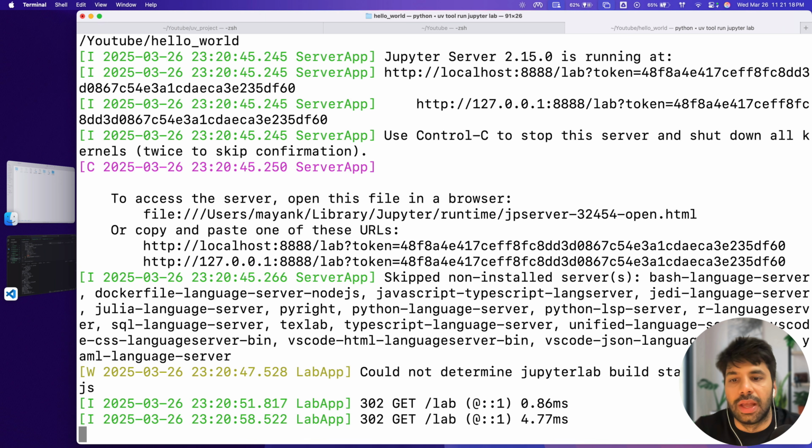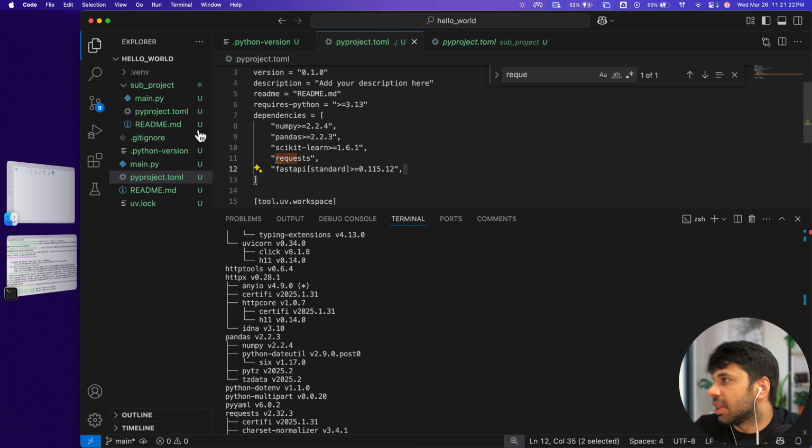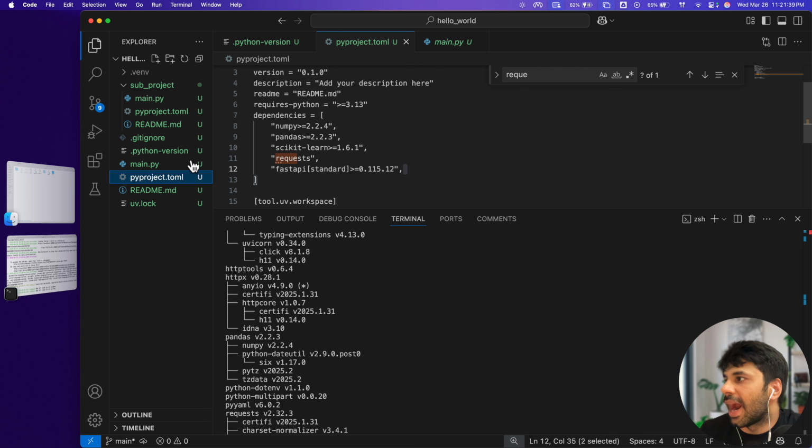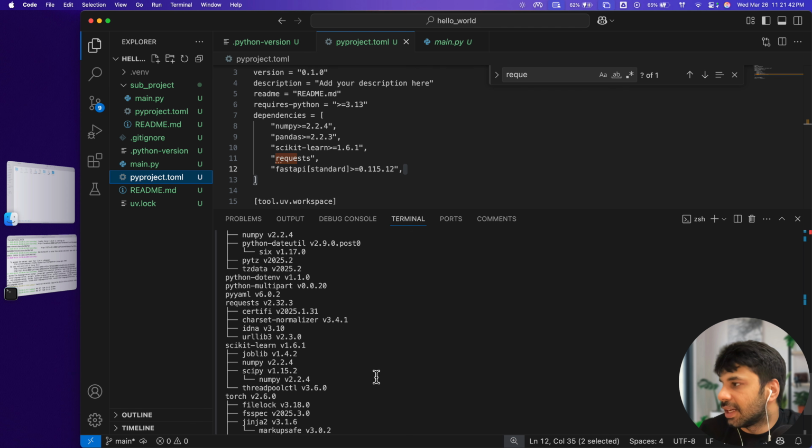Okay. Along with that, I've already shown you how we can create a project. Now, if you want, in this main, you can go and create the whole structure. So the best idea here is that uv is of course going to help you in each and everything, and it is very fast. And I personally find it a lot intuitive, right? I know that the second I do an add, it's going to add that into pyproject.toml. I can see the tree to see all the dependencies. I can install Python versions. I can install any library. I can see which Python is installed. The best thing is, I don't need to